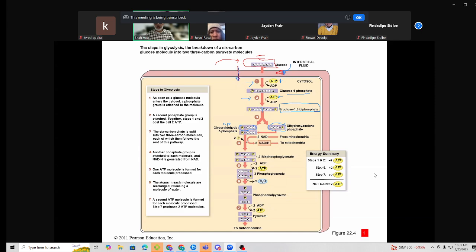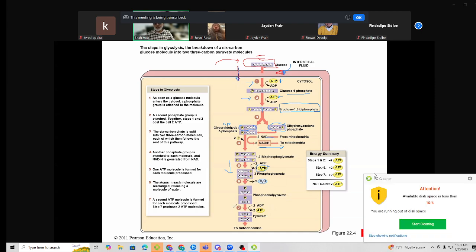Then we are getting NAD from the mitochondria, and it turns into NADH, and it goes to the mitochondria again. And here, the next step is this compound, 1,3-bisphosphoglycerate, because it is using 1 phosphate here, not the ATP, but the phosphate only. And then when this molecule is converting, it makes 1 ATP here. Now you have the 6th step. In the 7th step, which is the last step of the glycolysis,